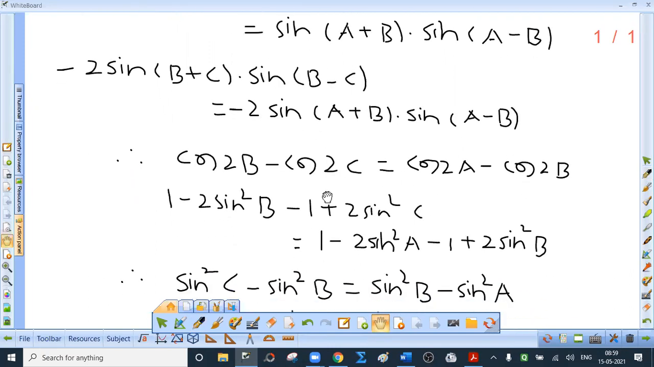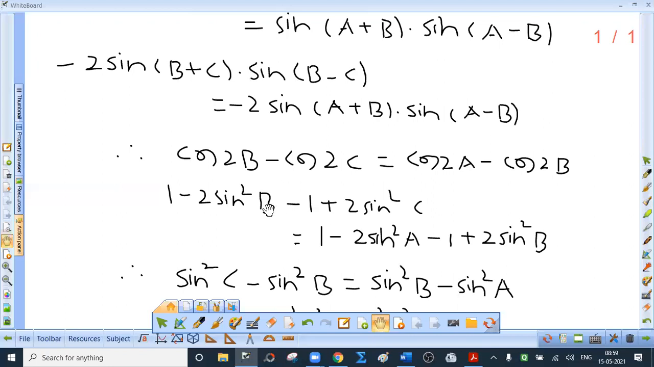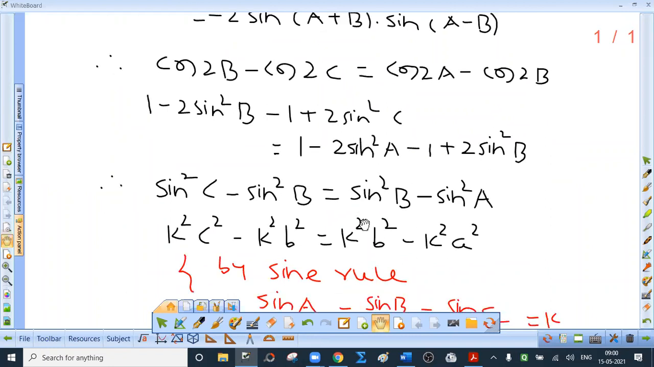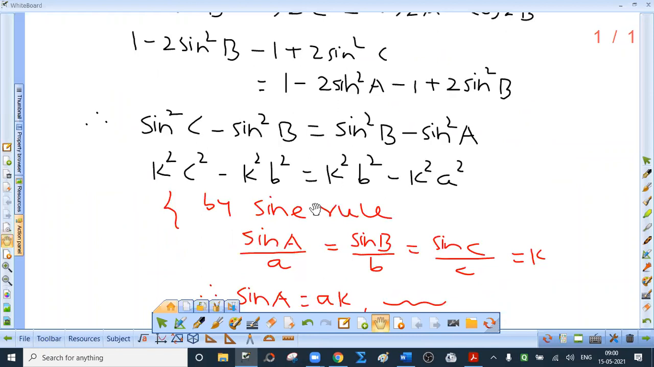Now, what is cos 2 theta? 1 minus 2 sin square theta. What is cos 2C then? 1 minus 2 sin square C. But minus is there. So it is minus 1 plus 2 sin square C. Rearrange the terms to get sin square C minus sin square B equal to sin square B minus sin square A. By sine rule, sin A upon A equal to sin B upon B equal to sin C upon C